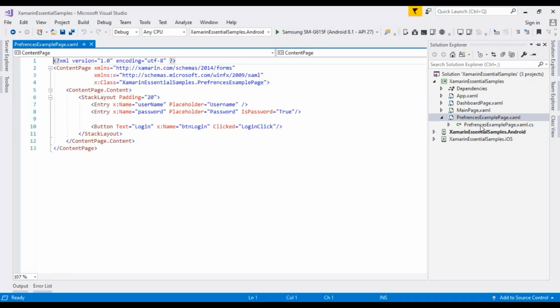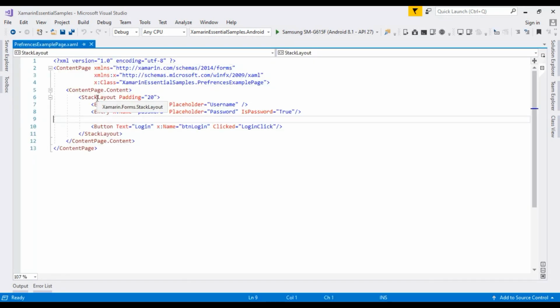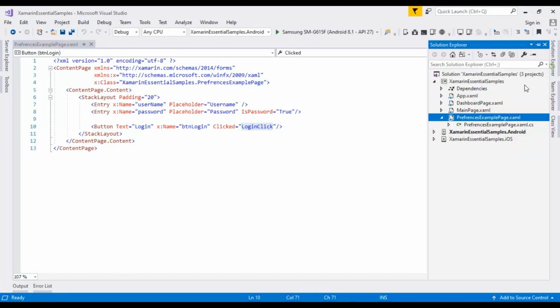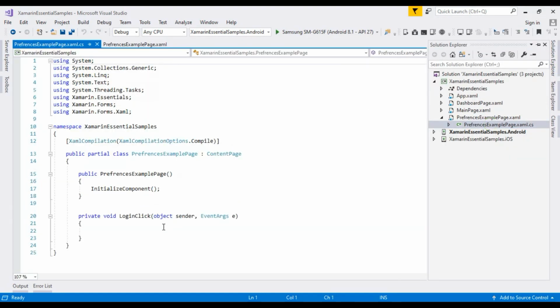We already created a preferences sample, and this page contains two entries, one for username and one for password, and a button for login. This is my login button and this is the click method, LoginClicked.